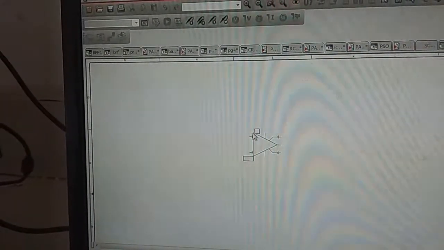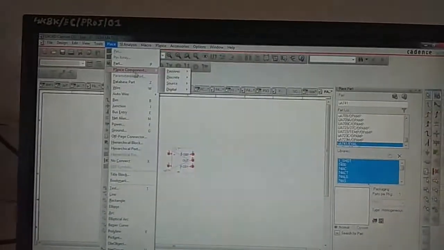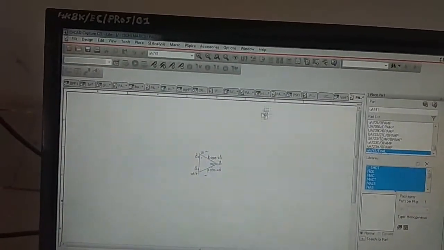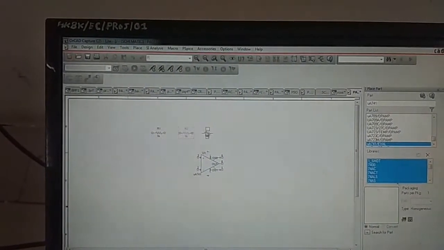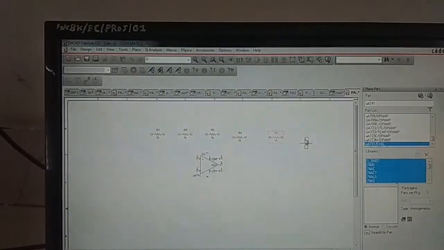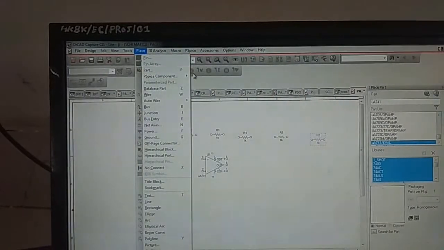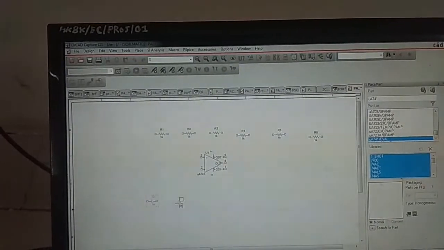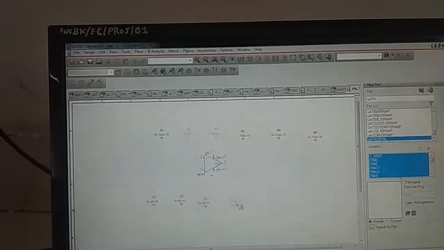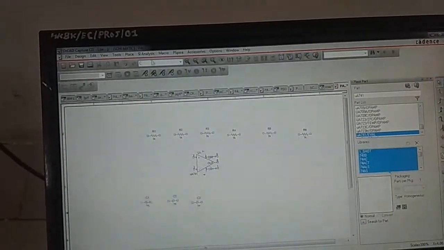Once we select, since we require only one op-amp, we will select a single op-amp here. Then we have the place components. We need to select the R and C components. In the beginning of the slide, I told you we require 6 resistors, so we just select 6 resistors. Then we require 3 capacitors from the PSpice components. We take them here, and one more extra I will delete, which is not required.